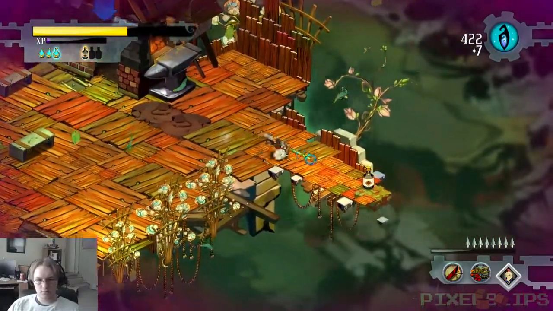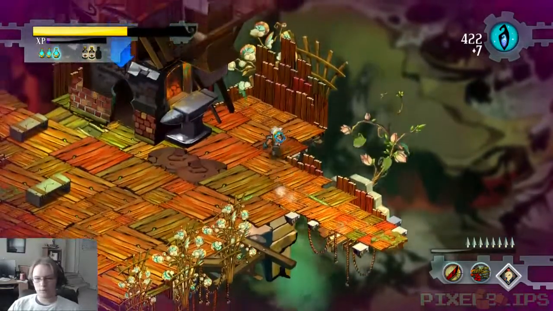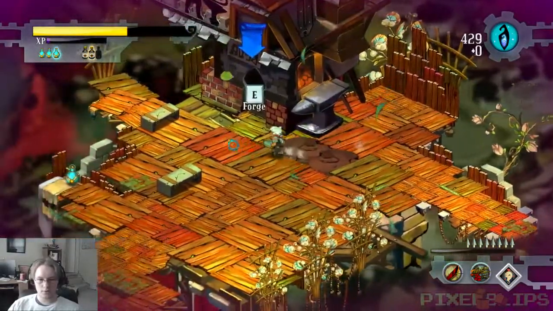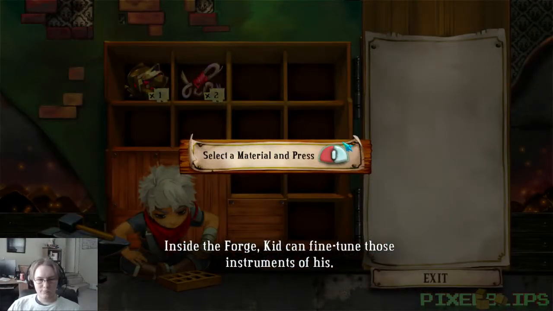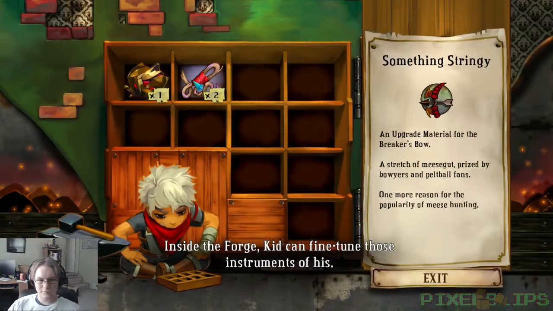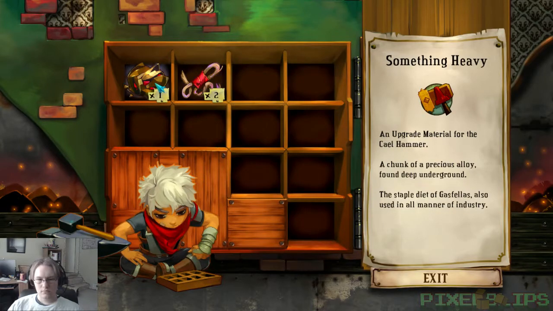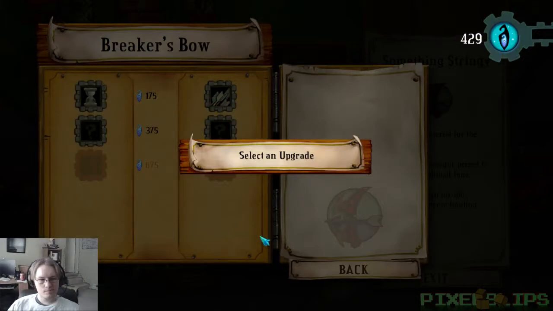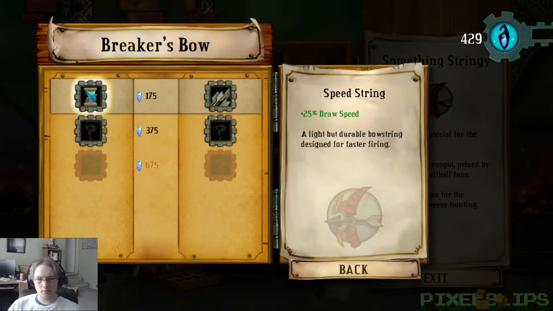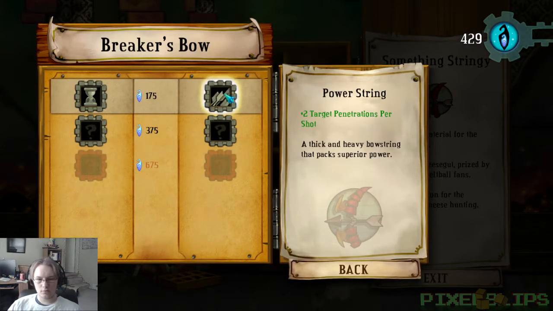I think I roll. I don't think I do roll damage. Pretty sure I don't actually. Inside the forge, Key can fine-tune those instruments of his. Oh, I have to select an upgrade. Alright, what do I want? Draw speed or...